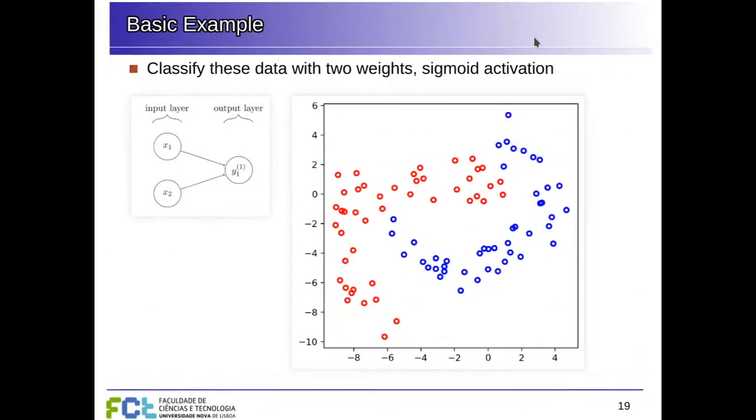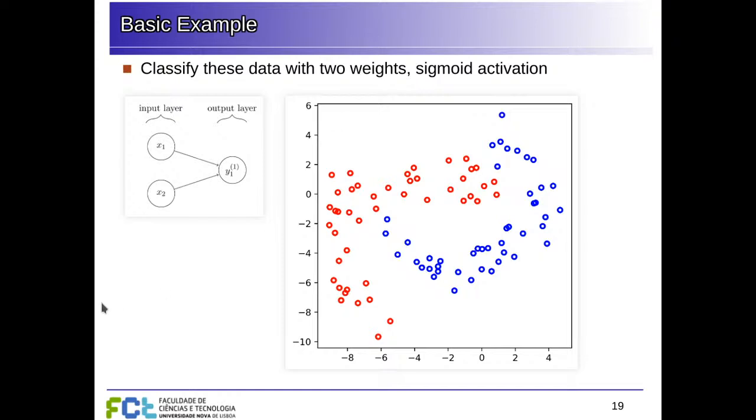So let's start with a very simple example. We will have these inputs. They are two-dimensional, so we have two coordinates for each example. Each example is a point here. The points are divided into two classes, and our network just has these two weights here. One weight corresponding to one of the coordinates, and the other corresponding to the other coordinate. Then we have the sum here, and we have a sigmoid activation for the output of our pseudo neurons,